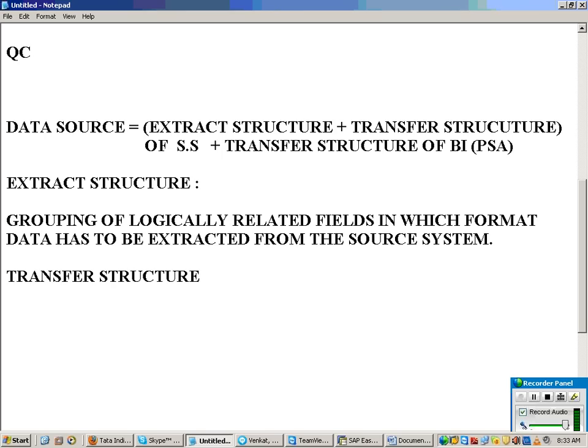The transfer structure of the source system.